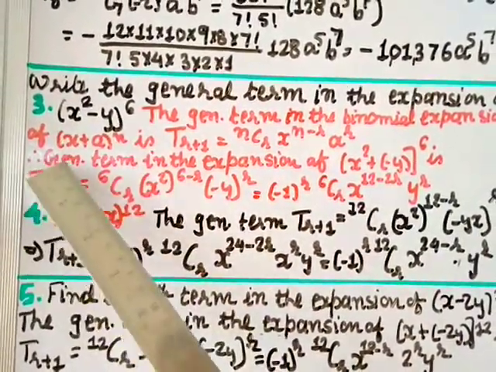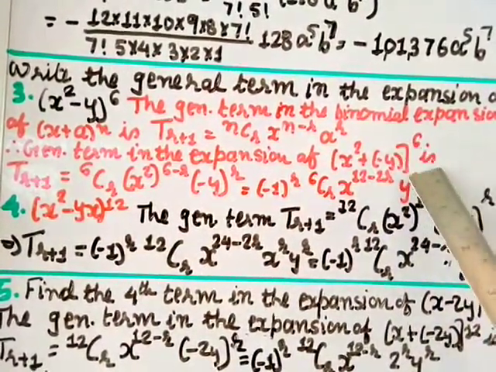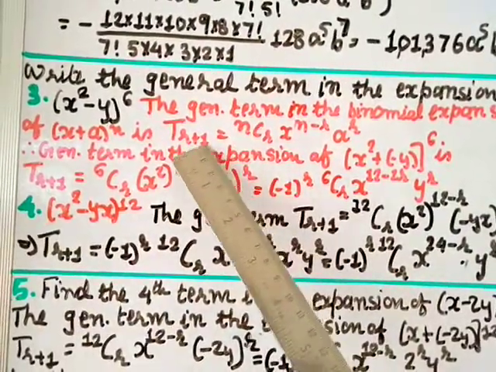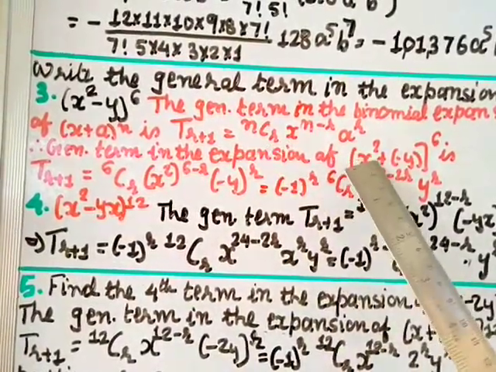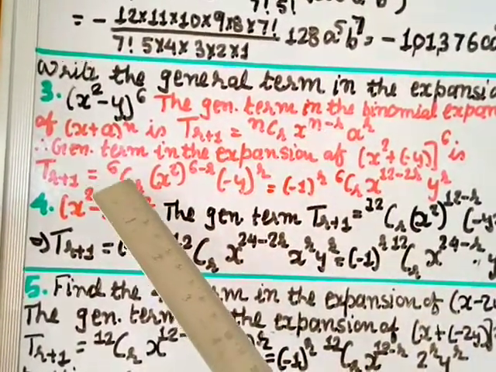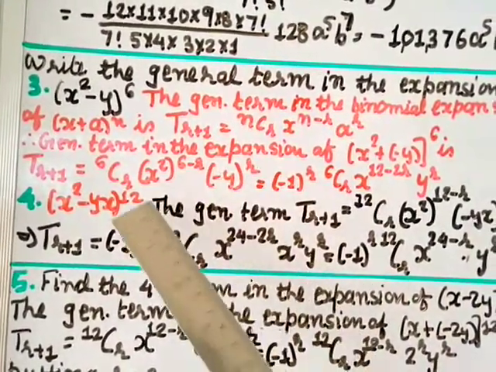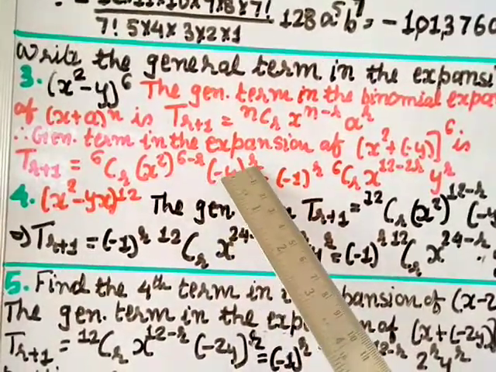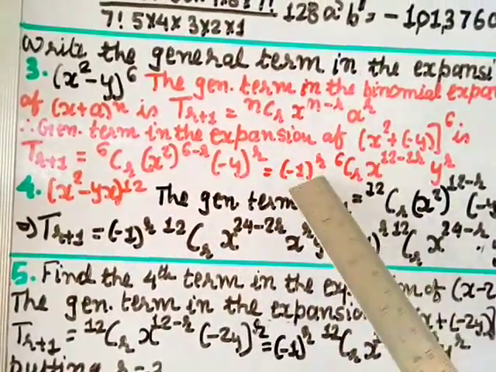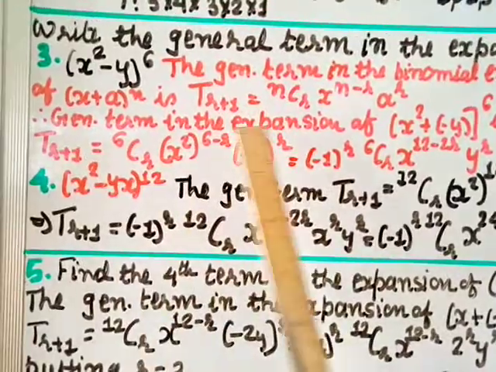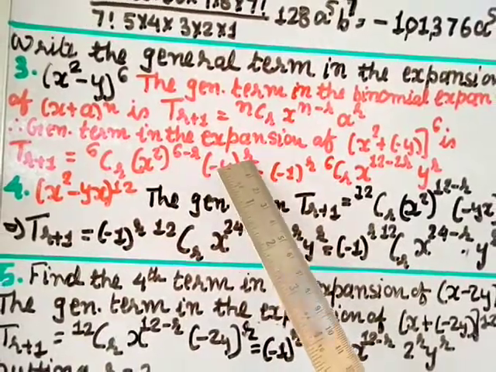Therefore the general term in the expansion of (x square plus (minus y)) whole power 6 is T(r+1) equal to, n is 6, 6Cr. Instead of x you have got x square, so (x square) power (n minus r), that is 6 minus r, into a, which is (minus y) power r, so here also r. Now this (minus y) power r can be separated as (minus 1) into y power r, so this minus 1 also will have power r, that I am taking out of the coefficient. Out of all this I am writing (minus 1) power r. Why? Because this minus is here. So this minus also will have power r, so (minus 1) power r.